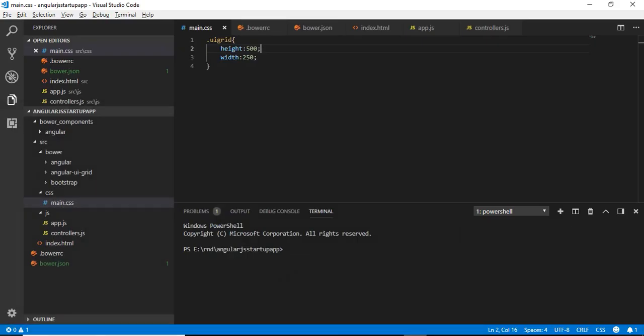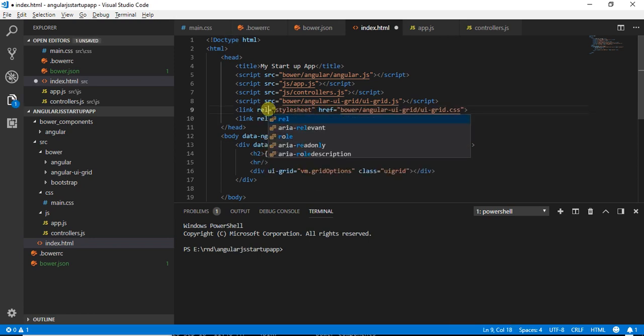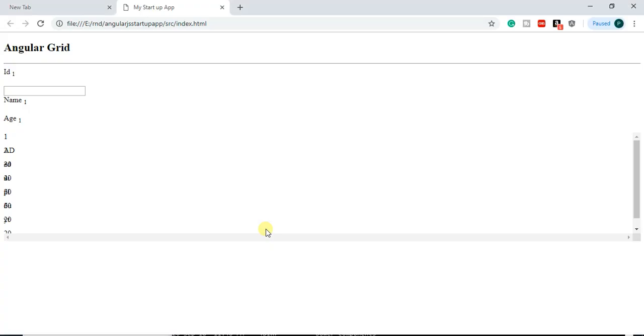Looking into that, what I have got is the index.html file. This rel has to be stylesheet. So now if I go and refresh this,